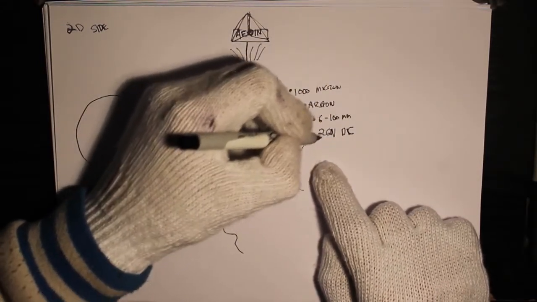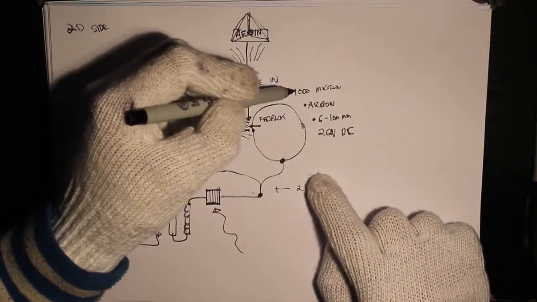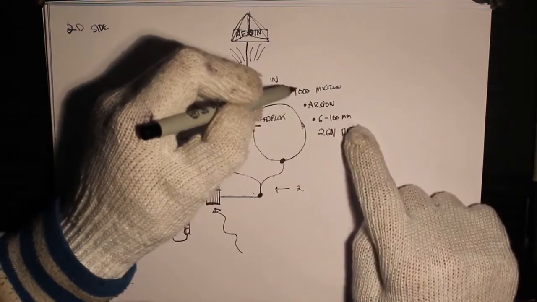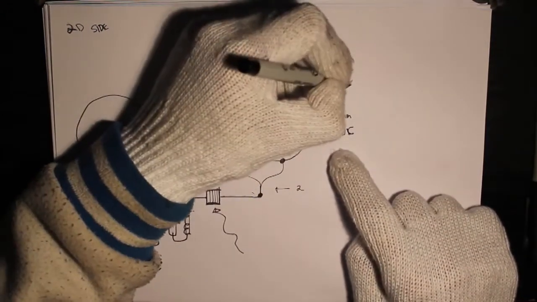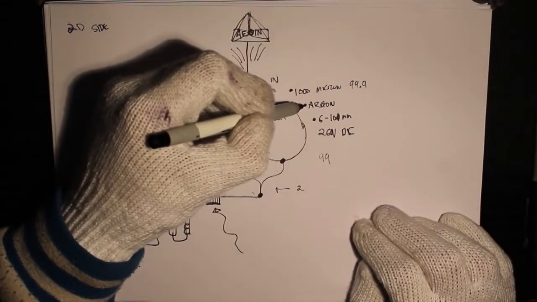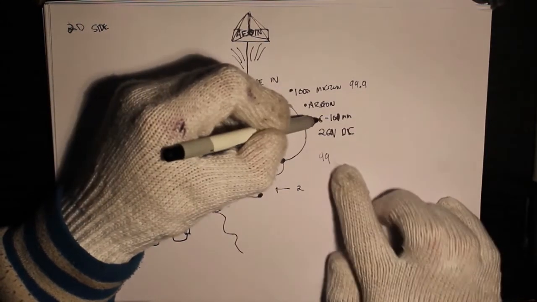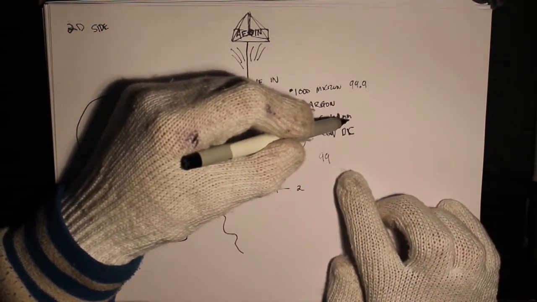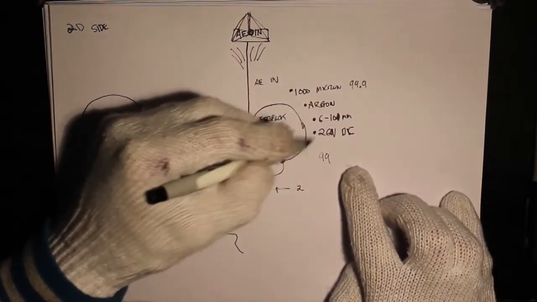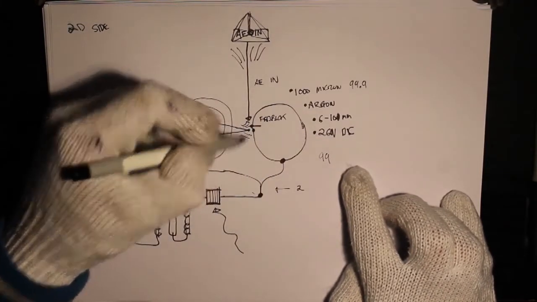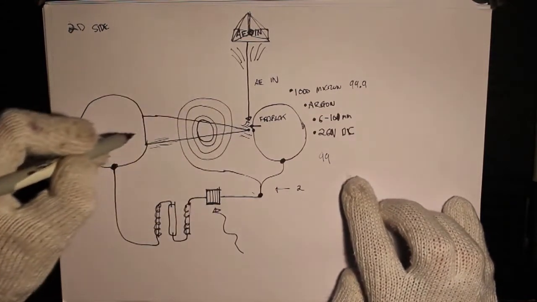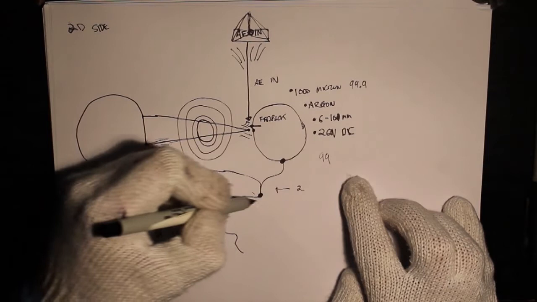So at the point where the pyramid's at 1,000 microns, with its argon remainder in the vacuum, 1,000 microns is 99.9%. You've got the gap between 6 and 10 millimeters in diameter, and you need at least 260 volts for the arc to jump between these two points. So the circuit's going to run following this path to start with,